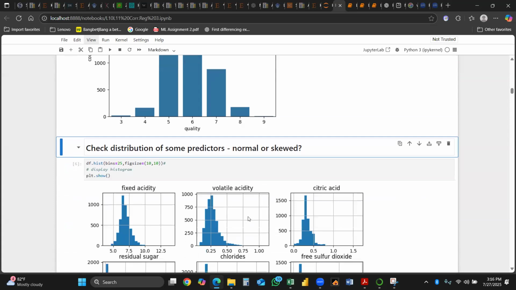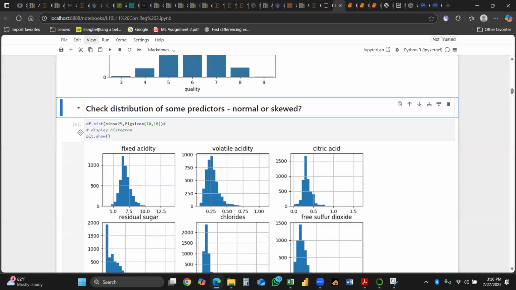Okay. Now, beyond the main target variable, you could also do one or two checks for your features, which are your predictors. Are they normal or are they skewed? A very simple code you could run